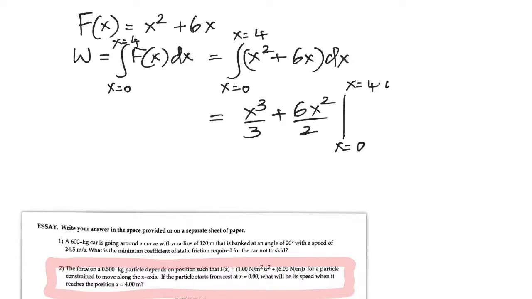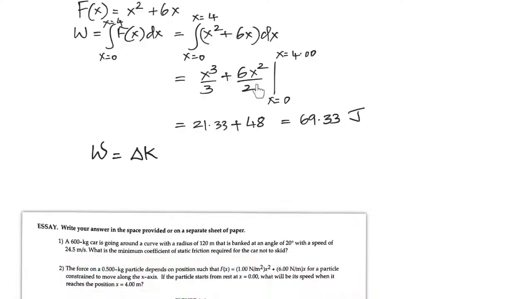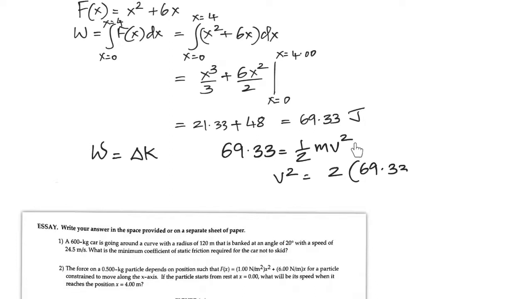So when you substitute the limit x is equal to 4, so substitute 4 in place of this and calculate, we get 69.33 joules. According to the work kinetic energy theorem, the work done should be equal to change in kinetic energy. Therefore, now you put this equal to 1/2 times mass times velocity squared, rearrange, manipulate that equation, and calculate the velocity,